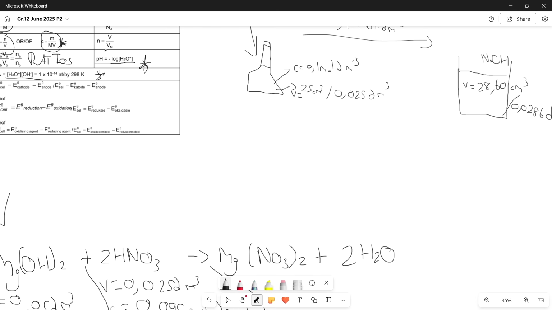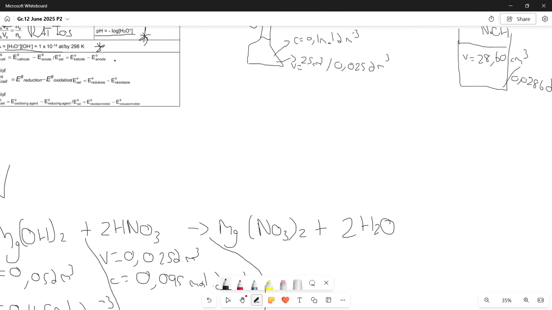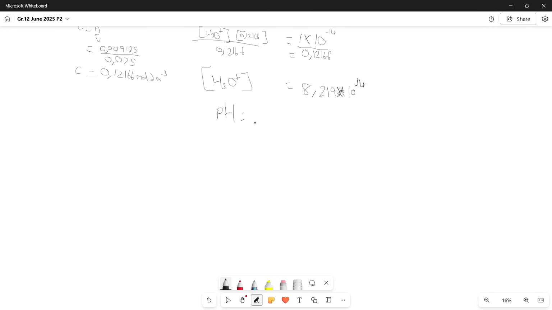So we can just go ahead and write this down and solve for our pH, which means pH equals negative log of the concentration of H3O plus ions, which means we just need the pH. We aren't unwrapping logs in this scenario. We can just plug our values in and solve for it in our calculator, because H3O plus, the concentration of it, is this whole value over here, which means we have 8,219 multiplied by 10 to the -14. And that means our final answer is